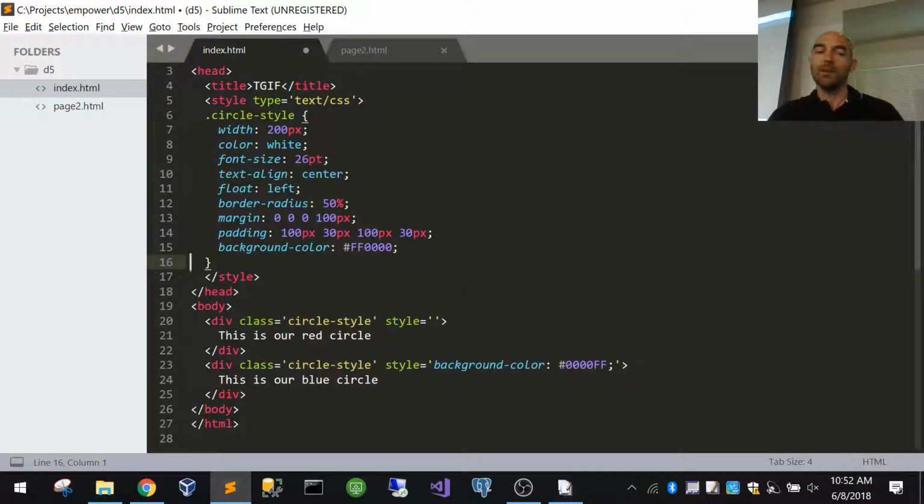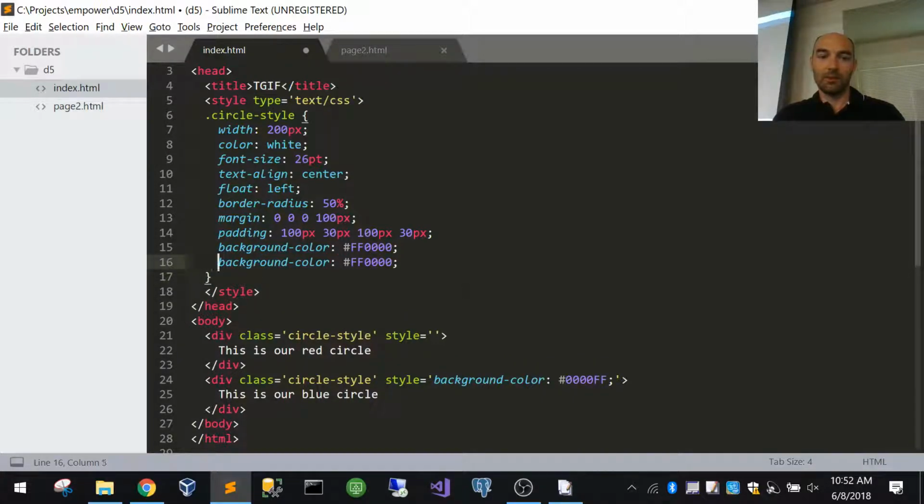Well, if I were to do something stupid like this, CSS is not going to complain. What's going to happen, do you think? It's going to be the black one, the last one. This is black, by the way, the absence of color. So